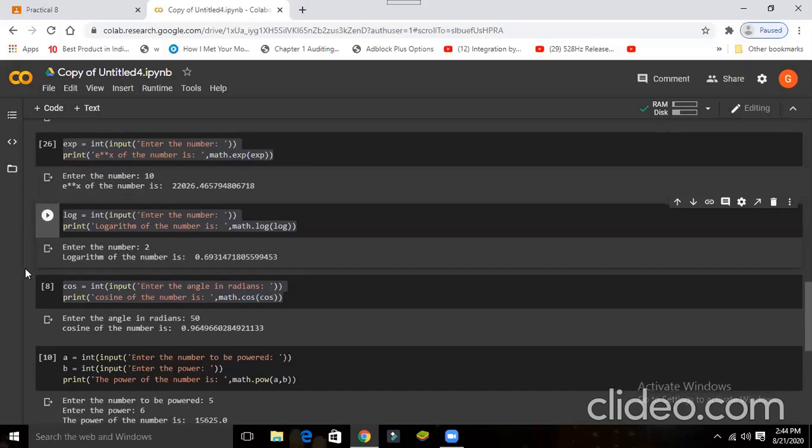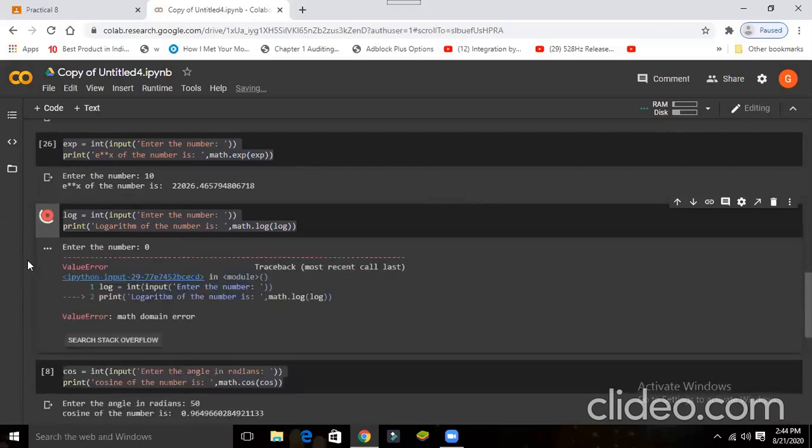Log 1 value is 0, so you have to enter log 1. Log 1 is 0. Log 0 is infinity. Okay, log 0 value is infinite.